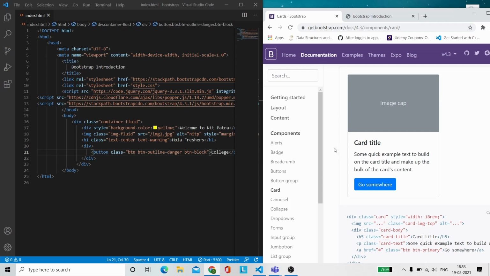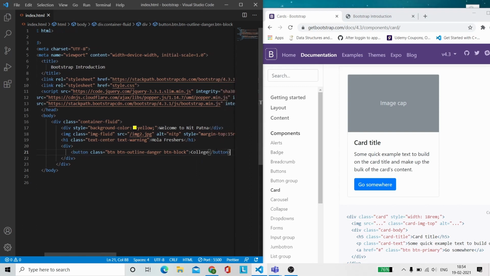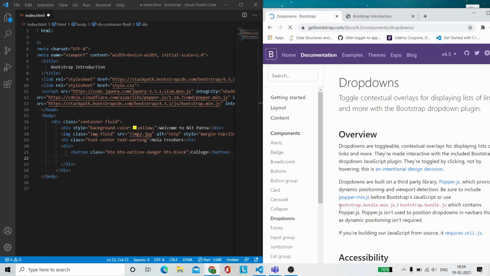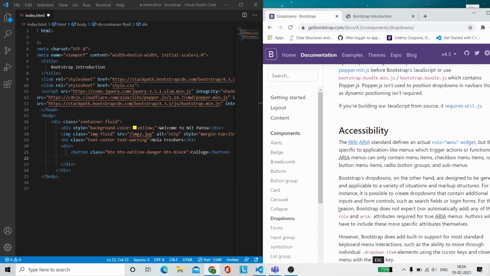Let me show you by implementing some. Okay, so let's implement some bootstrap grid. These things are really easy. If you want to implement a dropdown, you can simply go over here and see what class I need to add, and you can add it. So I don't think that telling you this will be of much importance.